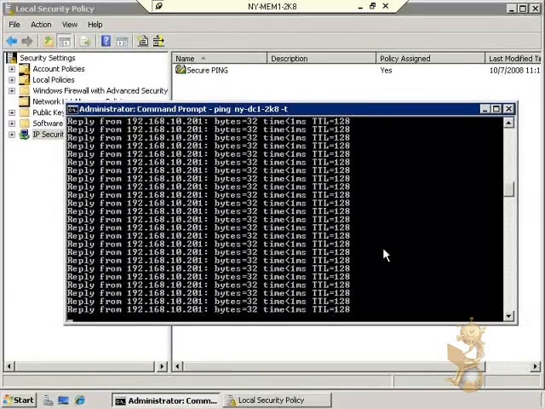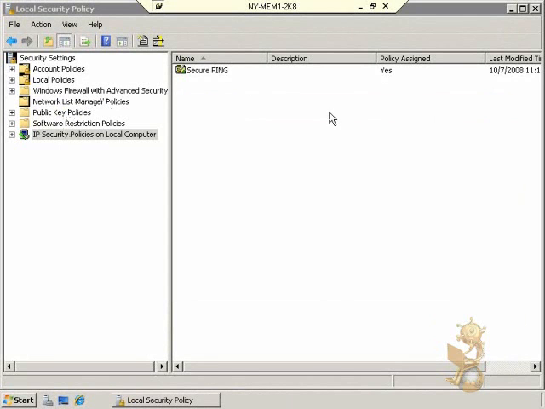Now, with that being said, let me go ahead and close our command prompt window. We need to go ahead and unassign these IPSEC policies. And the reason why is because if we leave these policies in place, we may be interfering with other communication with other machines on this network. So you typically would not do this on a live production network, kind of like we've emulated here. You would do this on test machines, or you would do it during test hours,